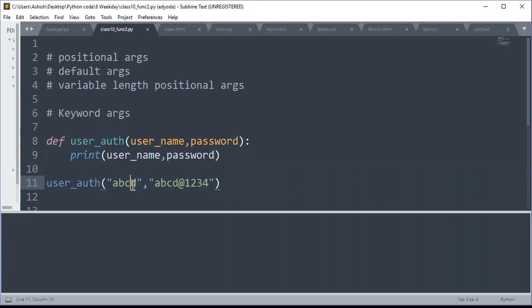So your execution will be sequential. It will map ABCD by default with username and this with password. So it's understood that I'm passing in a sequence. Another way of passing values is something called keyword arguments. So what is a keyword argument? Instead of specifying that this will by default be the username and this the password,